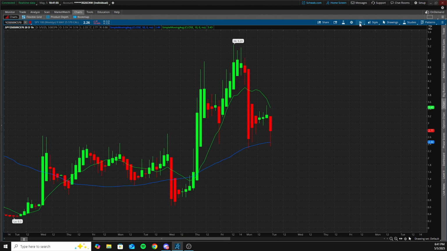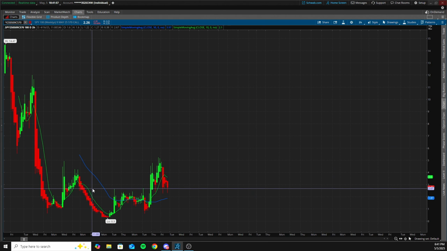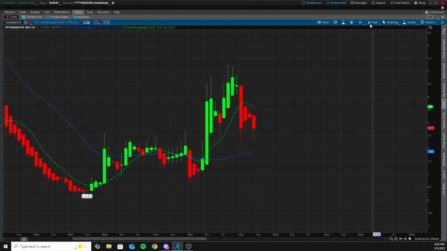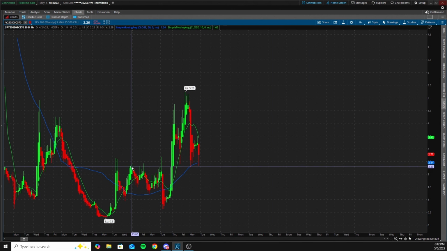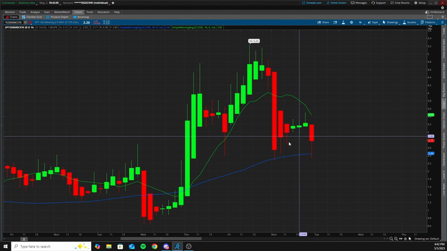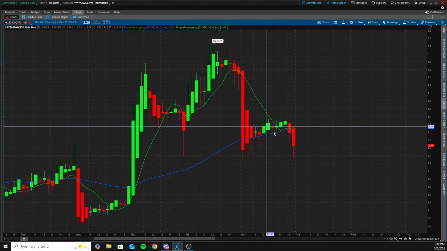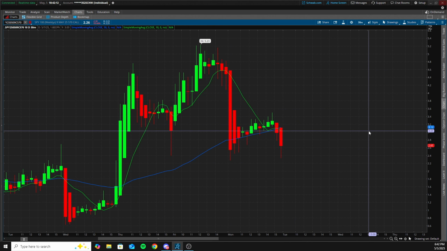So with that in mind, just look for a 0-day cross on either side of the premium. We still have these 50 SMAs on the higher time frames right here on the 2 hour and the 1 hour as well. The 50's turning down a tiny bit, but we'll have to see how we open up tomorrow. This 30-minute chart will pretty much give the direction of what we want to be trading, but I'd imagine a neutral market tomorrow. So a 0-day cross on either side of the premium, a negative cross on either side of the premium. But yeah, it's a very simple plan. There's no trend really in the market because this 30-minute chart's pretty funky.